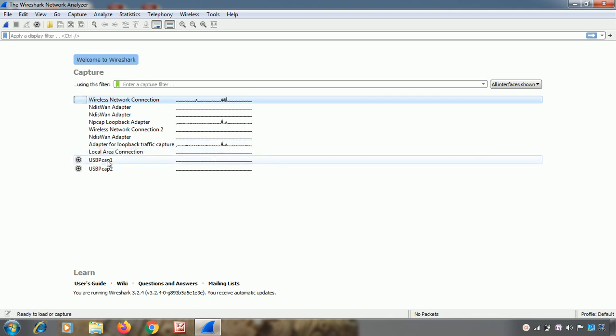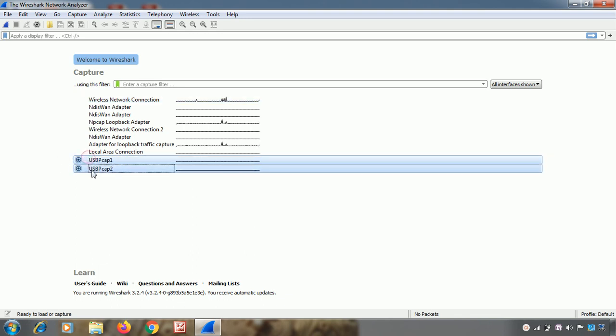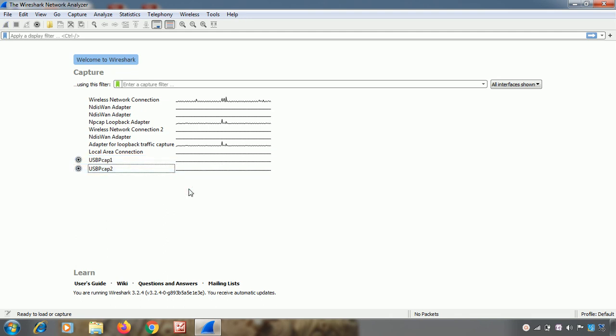Friends, one more thing, during the installation of Wireshark, I explained that you must install USBPcap. If you have done so, only then will you be able to see these two options. Whenever I connect a USB device and want to see what data is transferred from my computer to the USB and from the USB to my computer, I can select this option. Now I'll explain how to capture the data using this USBPcap and using this wireless network.